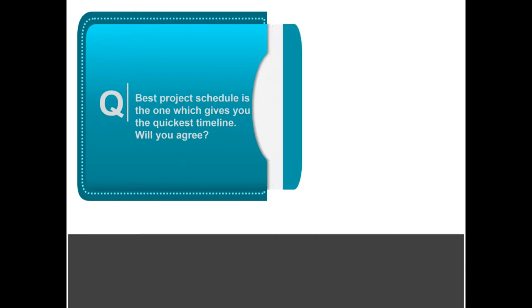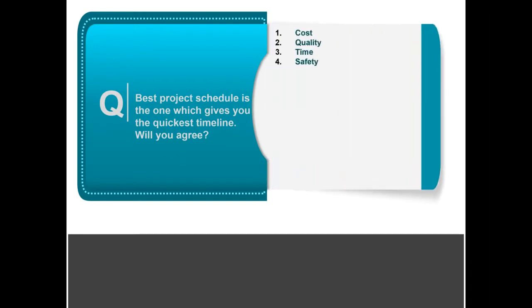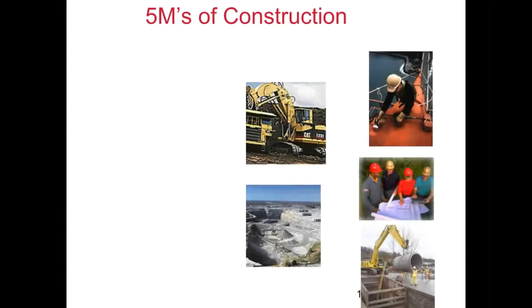Right, so time should not be. We need to look into the project triangle, or golden triangle as it is said: cost, quality, and time, or sometimes quadrilaterals, which includes the safety dimension as well. So construction is often referred to as a dull, dirty industry. There are five M's which are important: machinery, materials, management, manpower, and